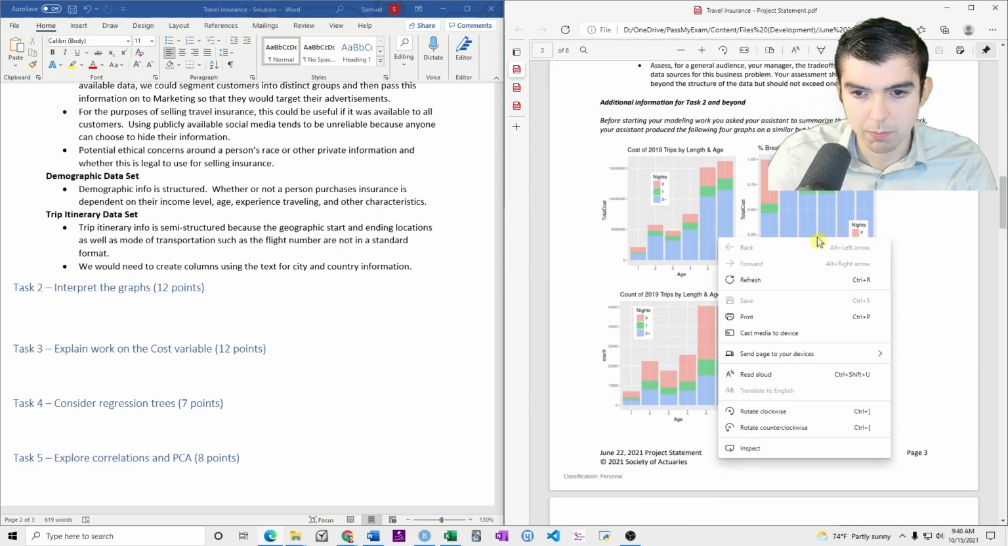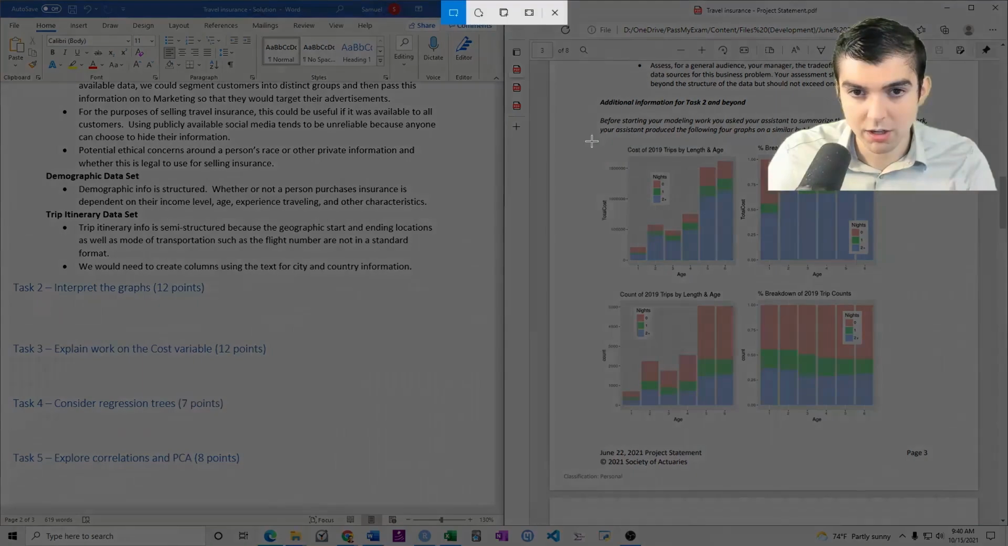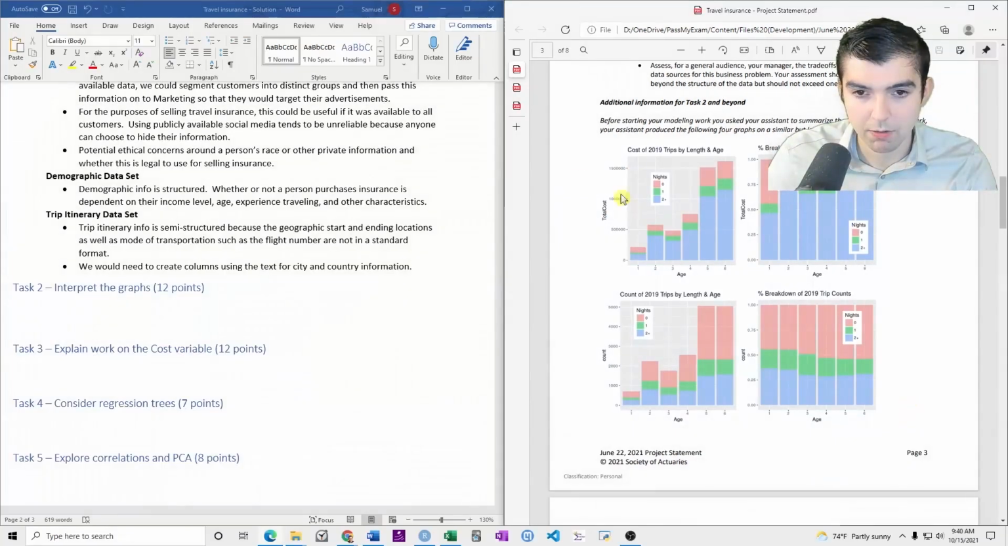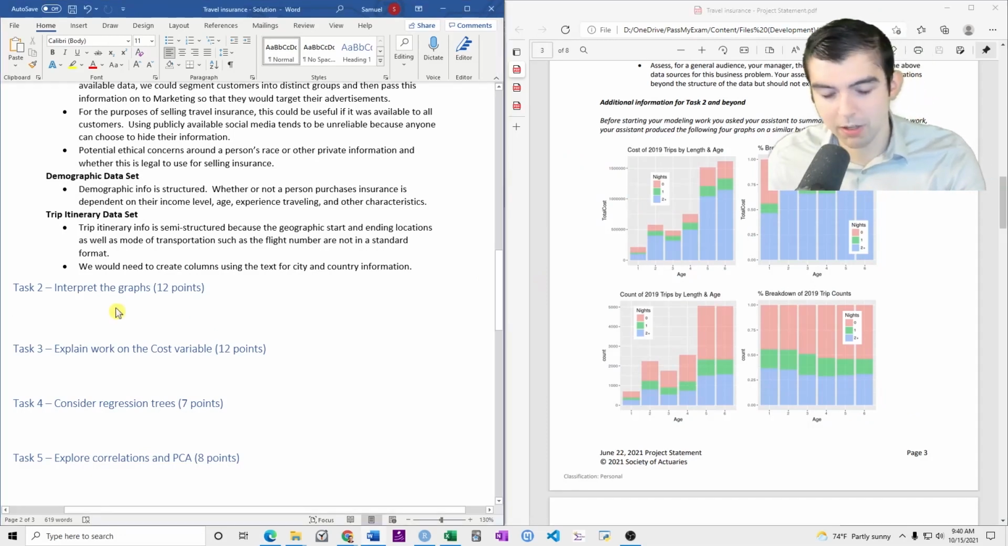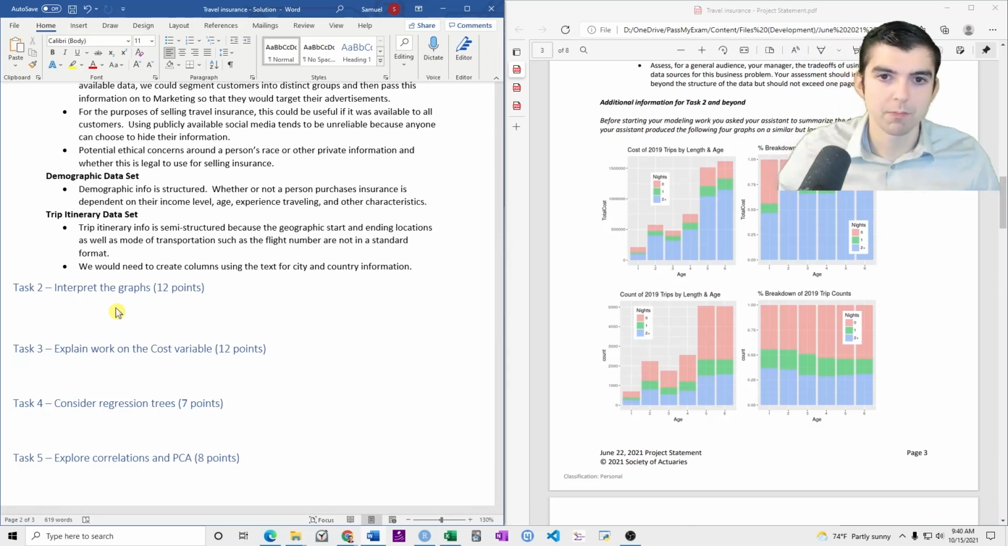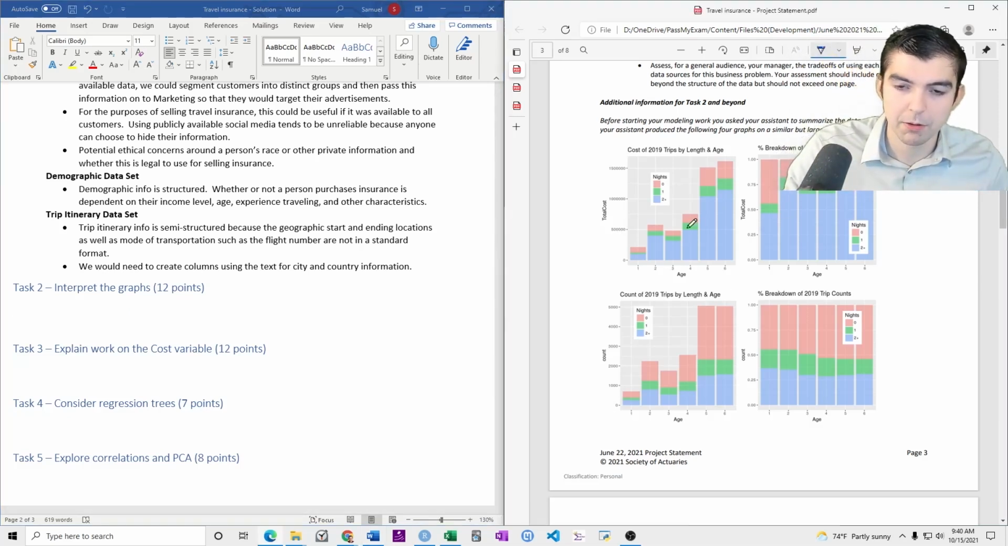So on your report, I don't think that you can take screenshots, but what would be good is if you took a whole screenshot and pasted it into the report. But you don't need to do that because you will just have the project statement printed out in front of you. I think you will have a pen with you, and so you can sort of draw on the graph,